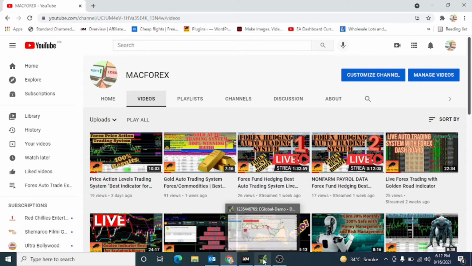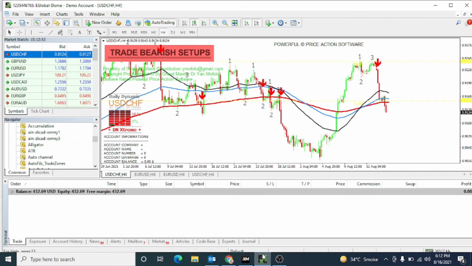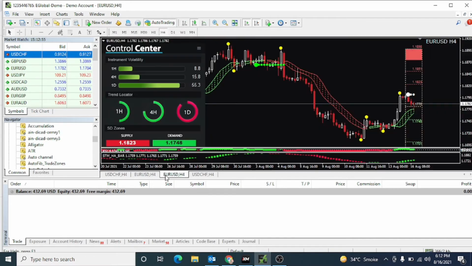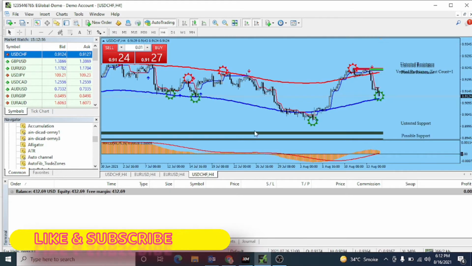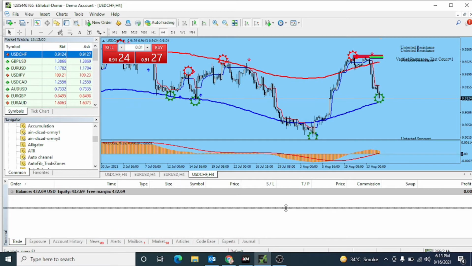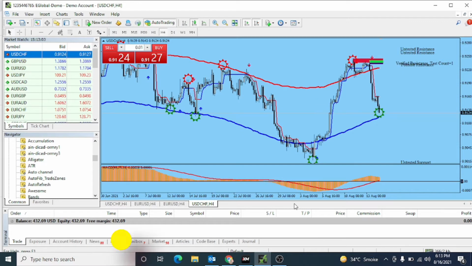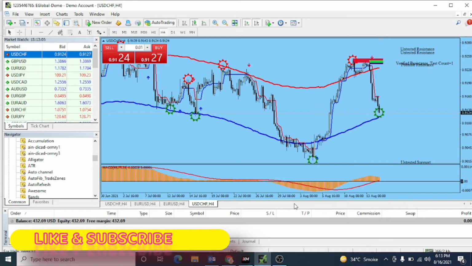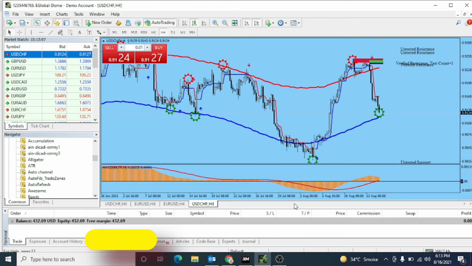As you know, I try my best to bring you the very best Forex trading systems, and today I will talk with you about the best Forex support and resistance level strategy, because today's topic is support and resistance levels. Basically, if you are new, you can draw your own lines of support and resistance.